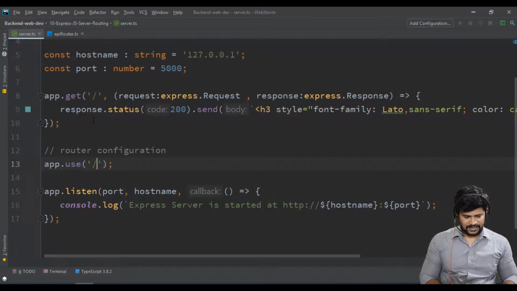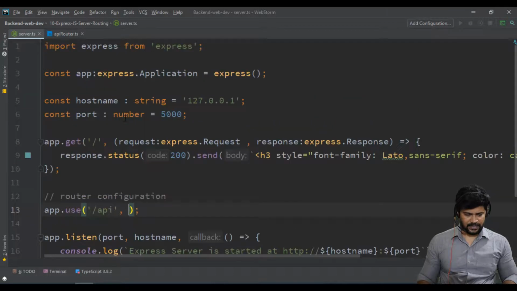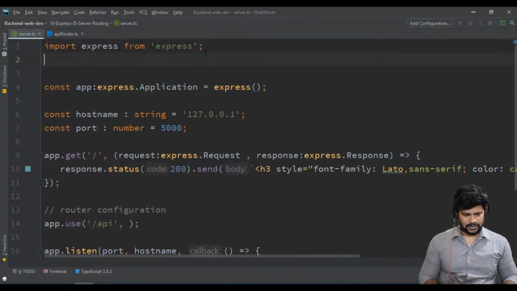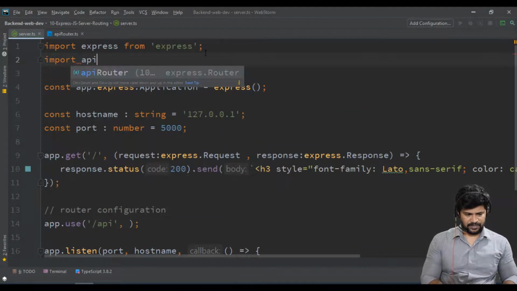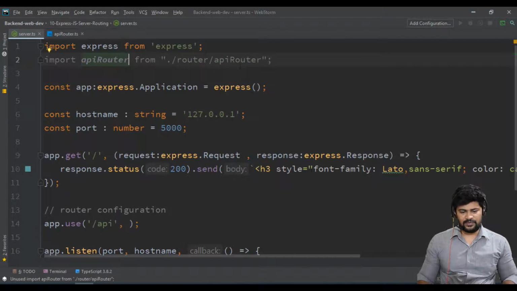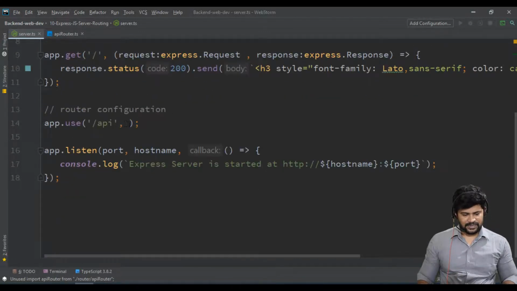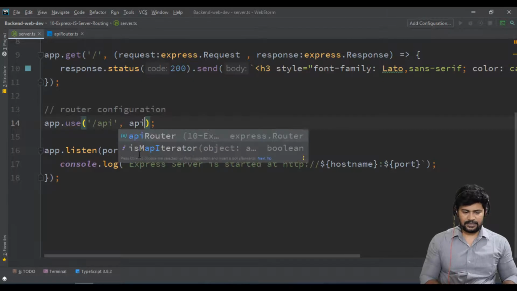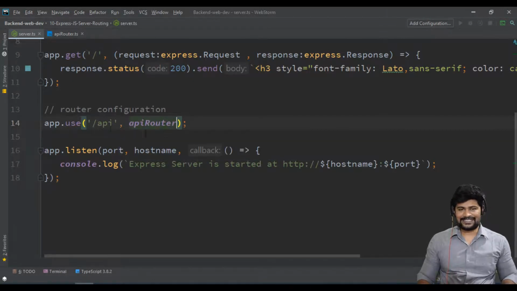Here for slash API I'll make my API router. Let me import the API router. So import API router from the router folder and API router. So let's configure the API router. Any request which starts from slash API will be transported to the API router.